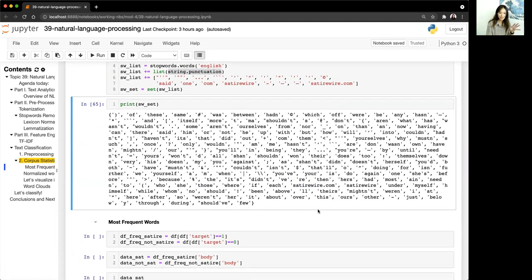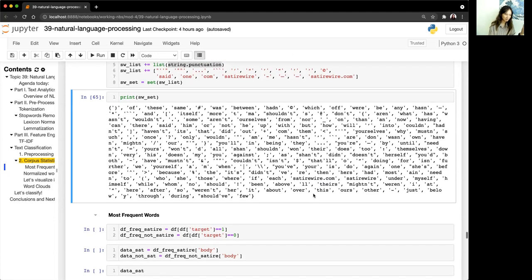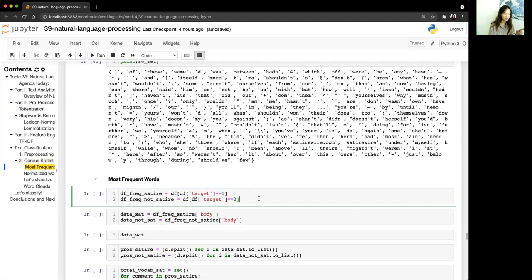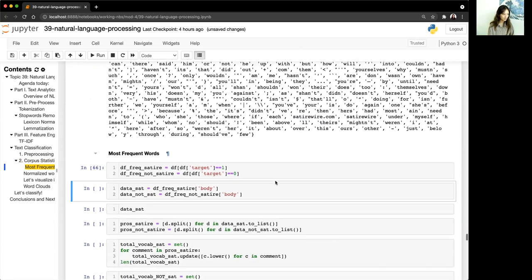So for EDA, because this is classification, still stands. Remember how I talked about the separability of data before when we were talking about classification last phase? Same concepts apply because the problem itself is still classification. So you still want to do a fairly comparative EDA. So for that, let's just separate our data into satire and not satire. And satire is basically anything with a target 1, not satire is target 0. So let's separate those out.